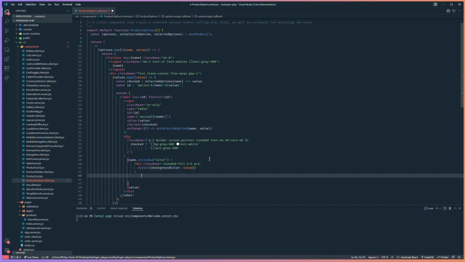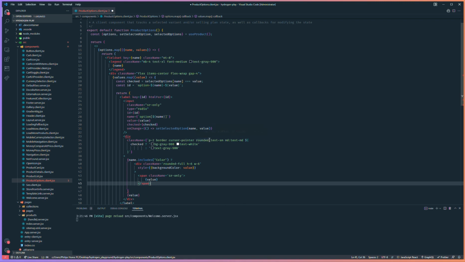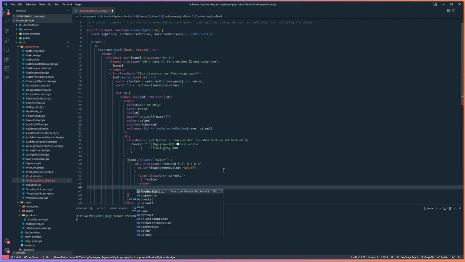Inside of here, we're going to add a span. I give this span a class name of screen reader only, so that if there's no color to the screen, the reader will still see the value. And inside of here, we're going to include that value. Okay, we're also going to have to change this. I'll keep going, and then I'll show what we'll need to change. So we're going to close out this div